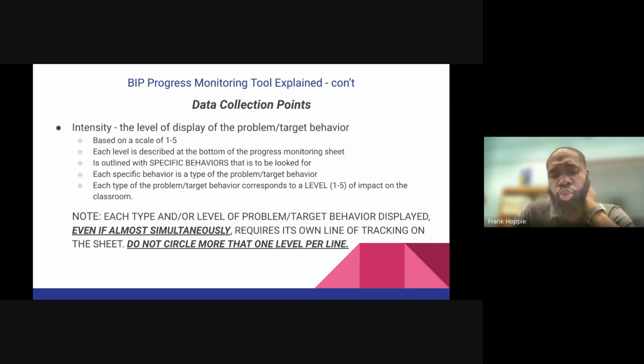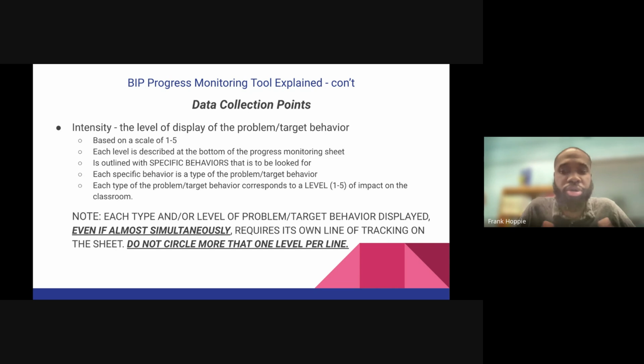Okay, so we are revamping a lot of this, and we're aware that there has been different guidance when it comes to how to track the data. We've gotten guidance, and going forward, the way we're going to do this is that you're going to track the behaviors as they come. So if a child starts out with a level 1 behavior,